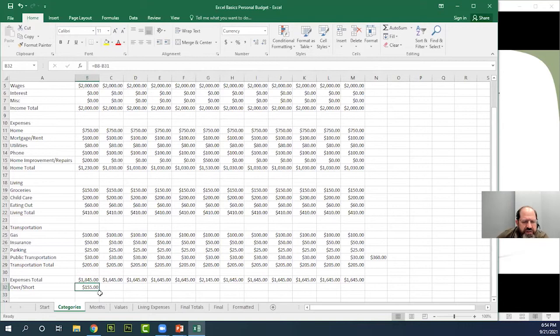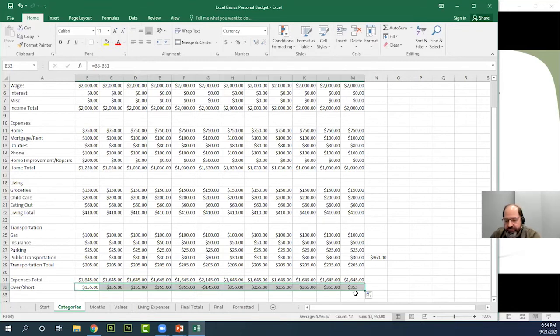Something looks off here. There's an extra row here, and the home should be a category, not a number. So anyway, let's go. I'm not going to worry about that. It wouldn't be hard to fix. So here's my